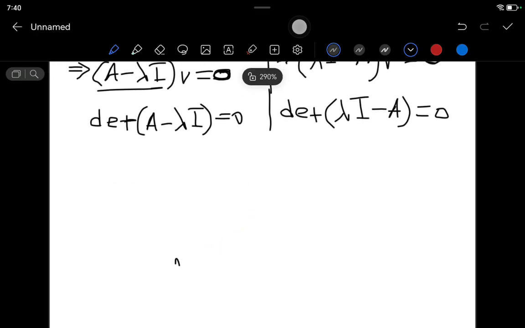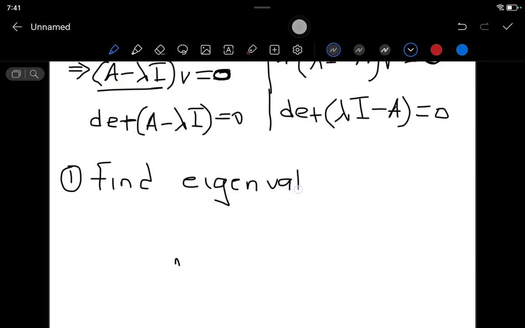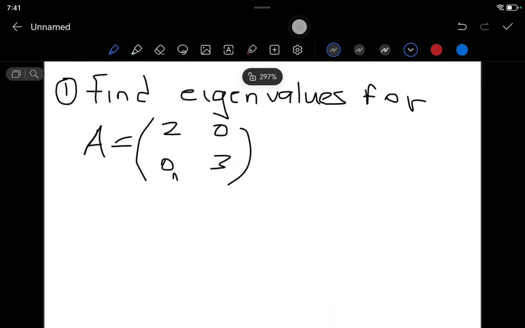Remember, on the PDF I didn't put everything, so I'm gonna write all those things which were skipped here. A is 2 0, 0 3. Now for us to find this, first we need to find A minus lambda I, which is equal to